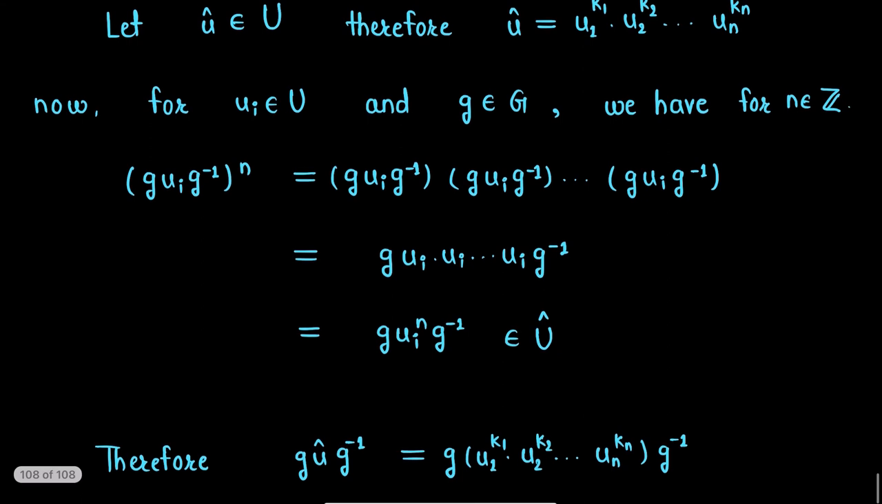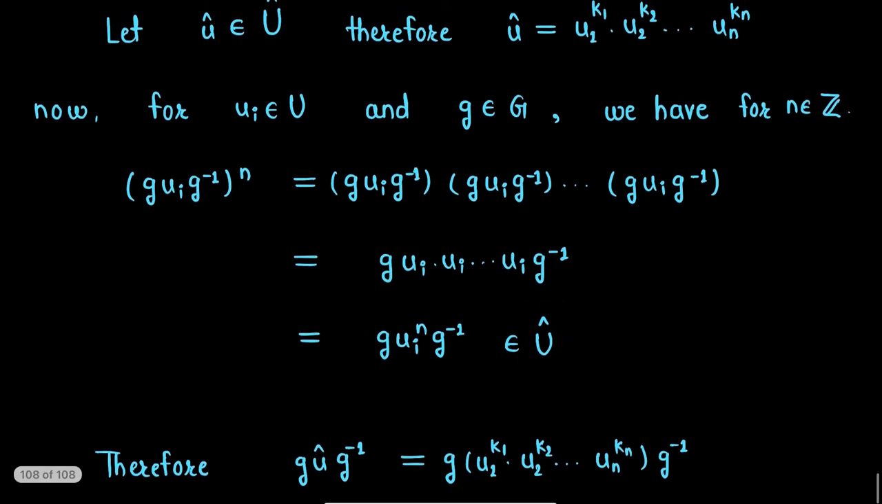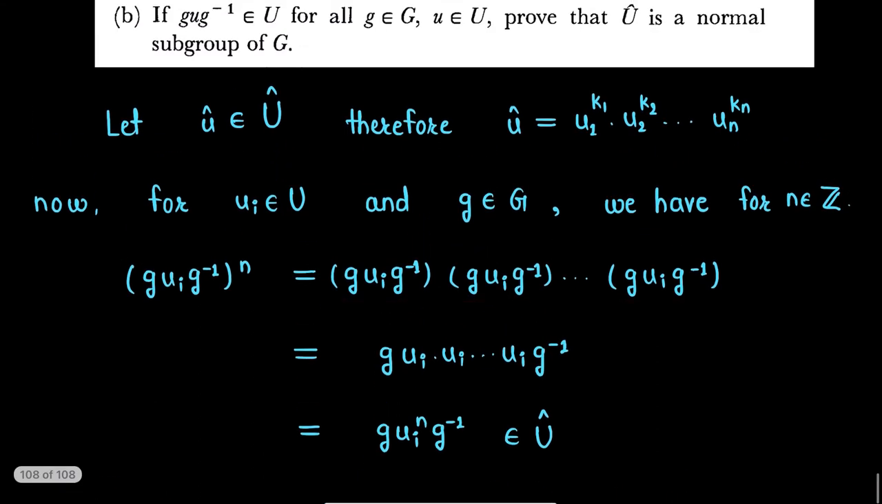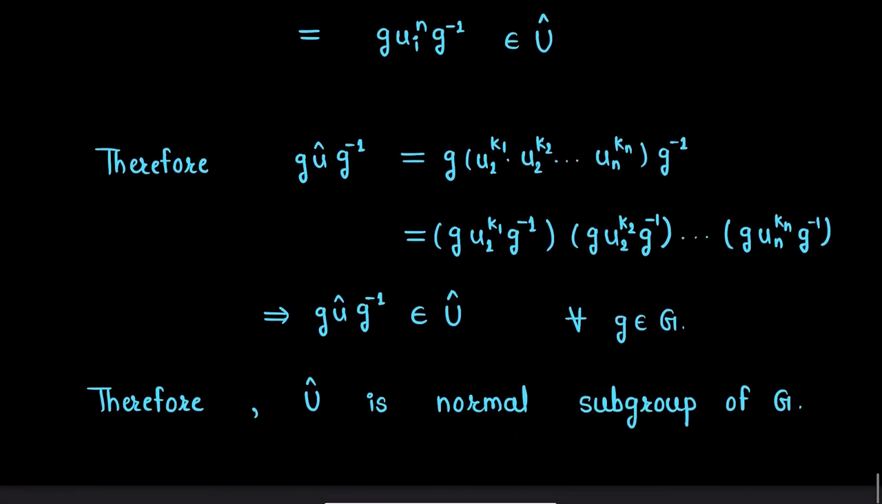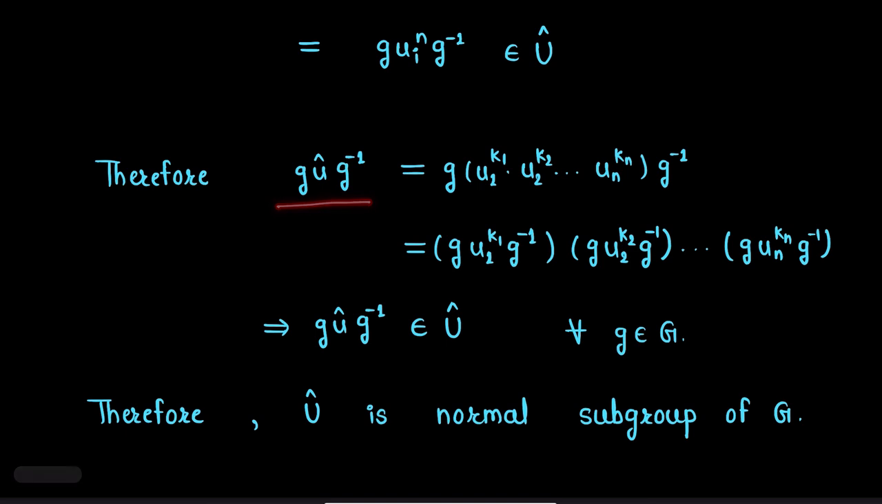Now in the next step, G inverse G will be the identity. So we get GUI G inverse, where the product of UI is n times. So we get GUI G inverse to the power n is equal to GUI to the power n G inverse, and this will clearly be an element of U cap, as each of these is an element in U cap,